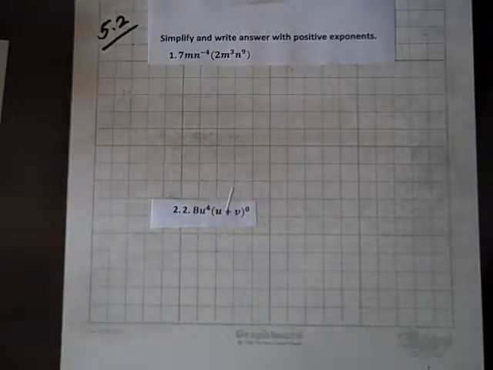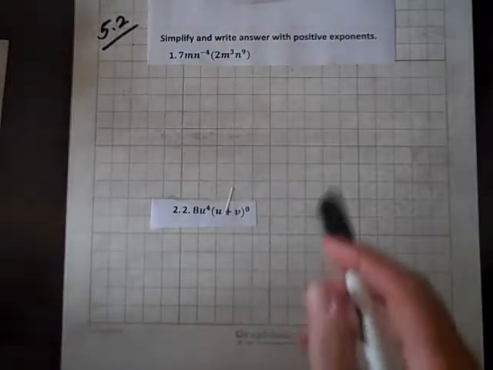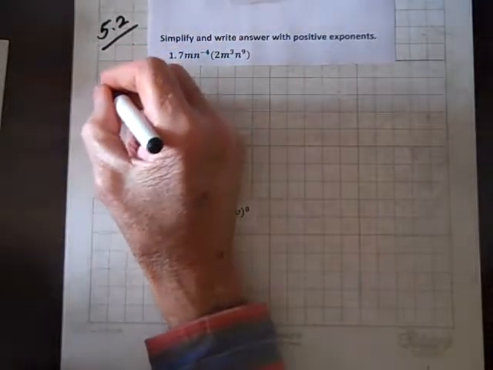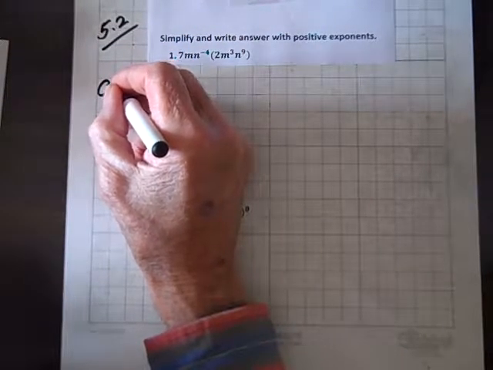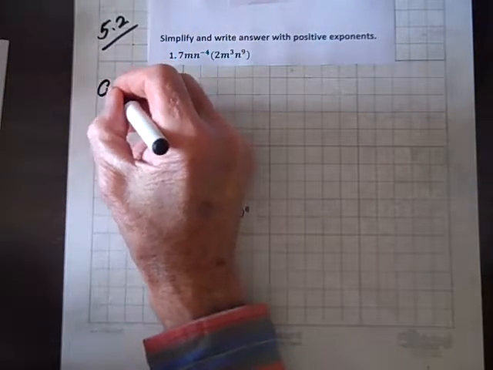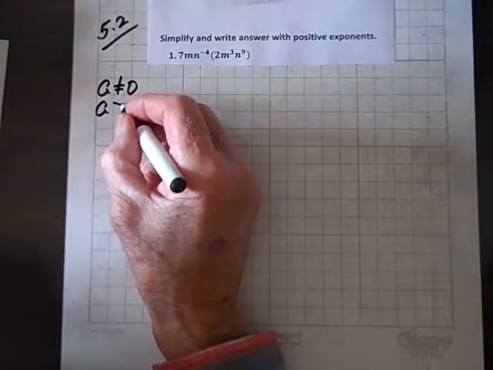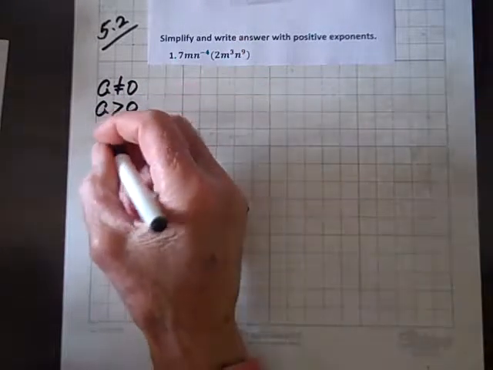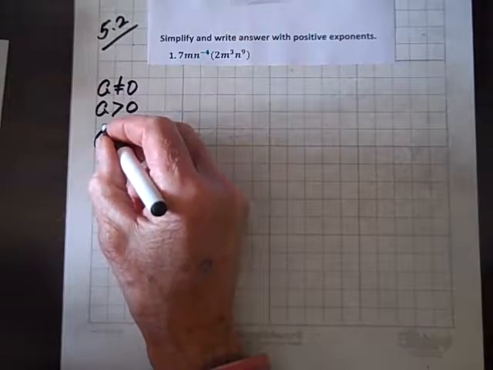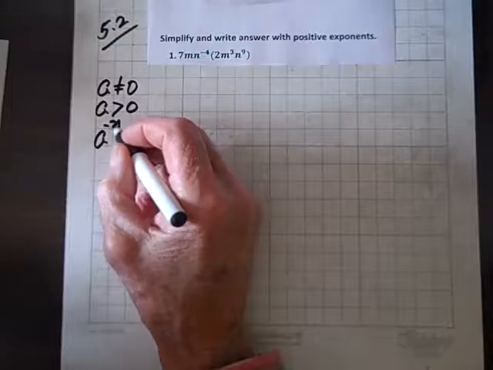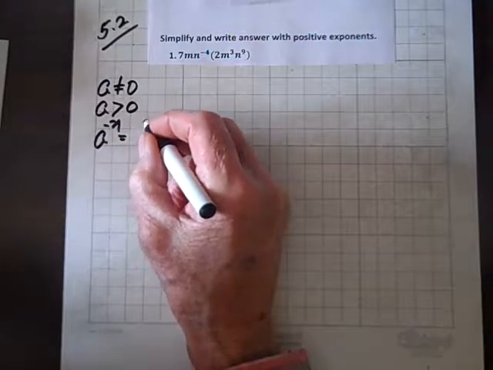This is section 5.2, and we're dealing with negative exponents. So let me go over a couple of things. a is not equal to 0. And as a matter of fact, let's let a be greater than 0 for our purposes. Keep it pretty simple. So a to the negative n, we can rewrite this with a positive exponent if